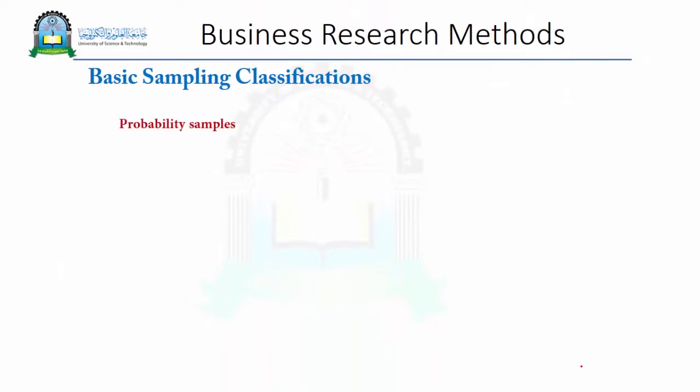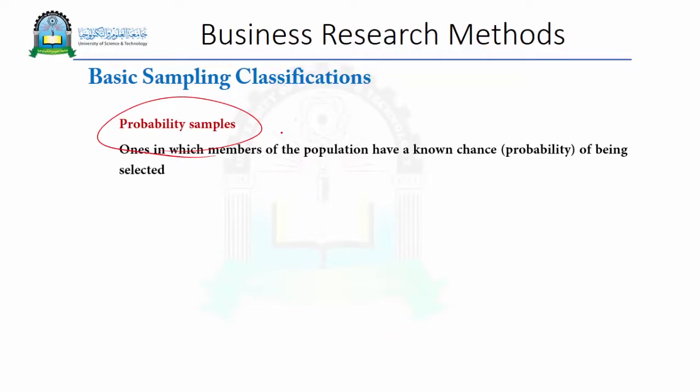The basic sampling classification, as we said, has different types of sampling. The first type is what we call probability sampling, and this type of sampling is one in which members of the population have a known chance, or probability, of being selected. This is very, very important to understand, because it differs from non-probability sampling, and one of them is for quantitative research data collection and the other is for qualitative. So the chance is known, and